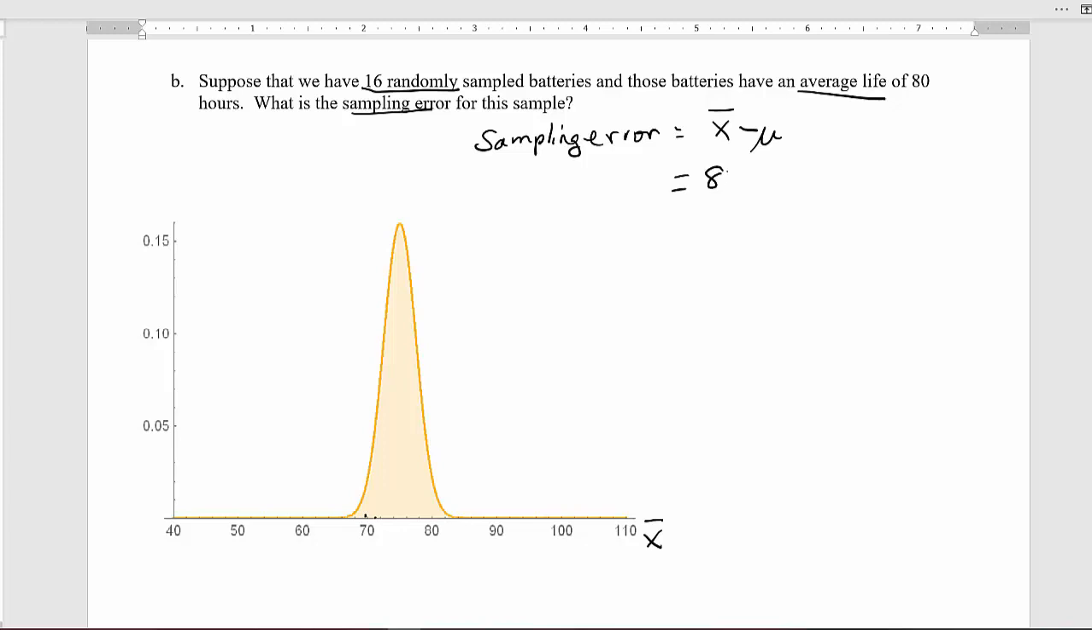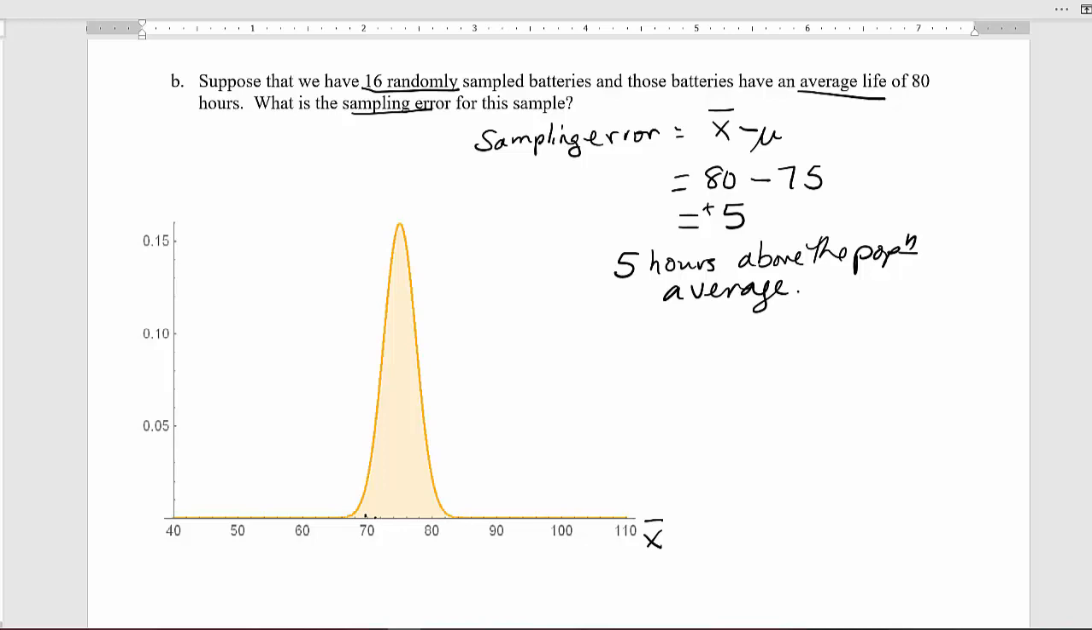Our sample mean is 80 hours. Our population mean is alleged to be 75. So we get 5, or positive 5. What this actually means is that our sample average of 80 for these randomly selected 16 batteries is 5 hours above the population average. Right? So higher than what we would expect. Maybe not very far away, maybe very far away. We'll have to determine that as we continue to discuss sampling distributions. So sampling error is just this idea that when we take a sample